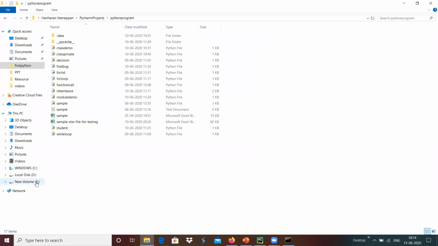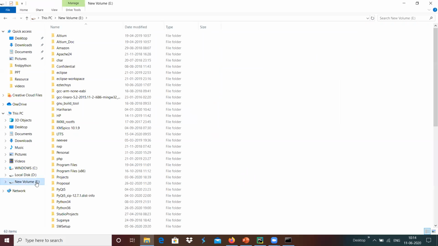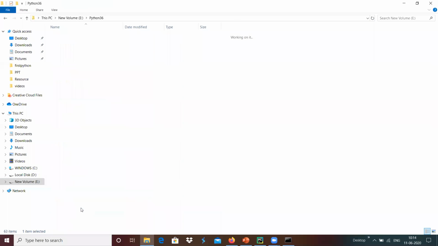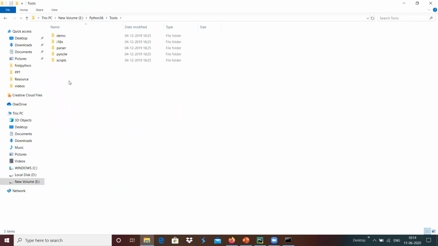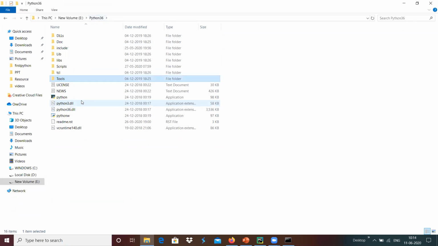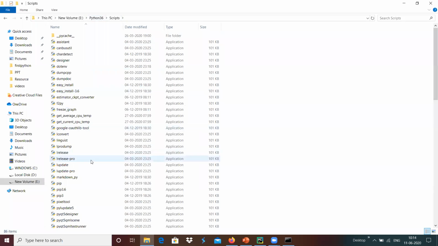For example, in the location where you have installed Python, you go there. I installed it in the Python36 folder.